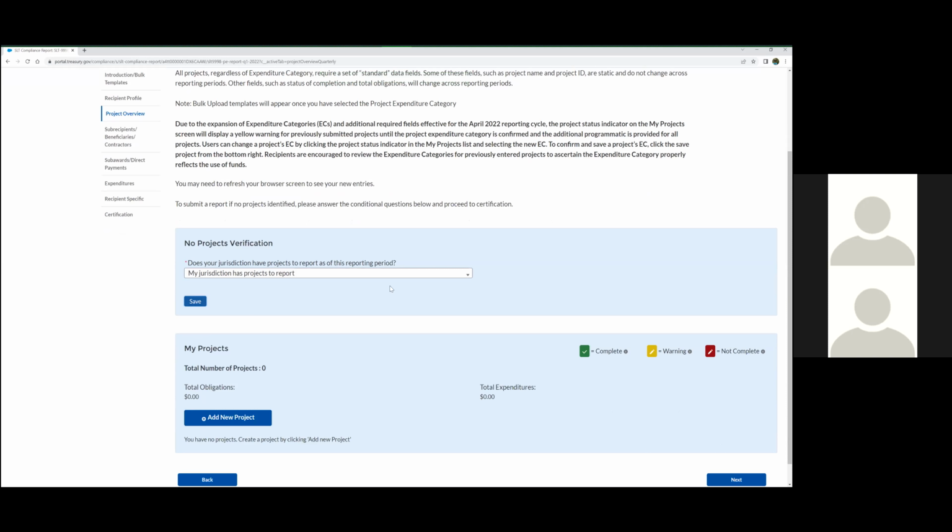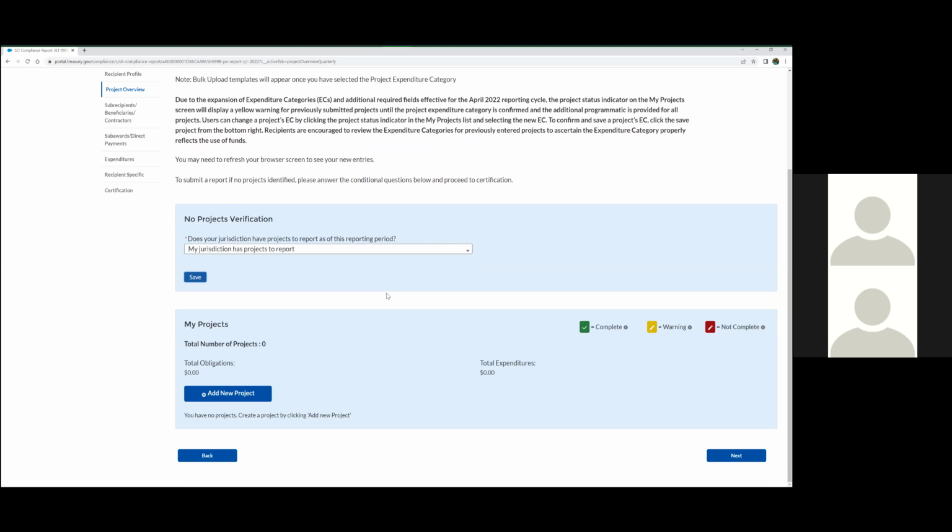And this is where, I'm going to say there's been some miscommunication about what really needs to go here if you are a recipient receiving less than $10 million. So if you're a recipient receiving less than $10 million as an SLFRF allocation, the presumption is that you can claim all of your award amount under the revenue replacement category. So I'm going to do that now. So I'm going to click add a new project,